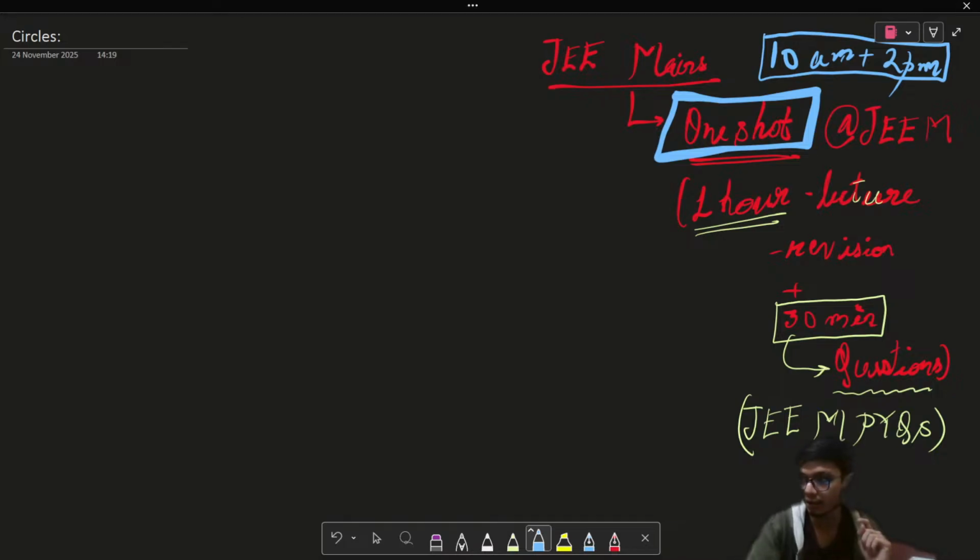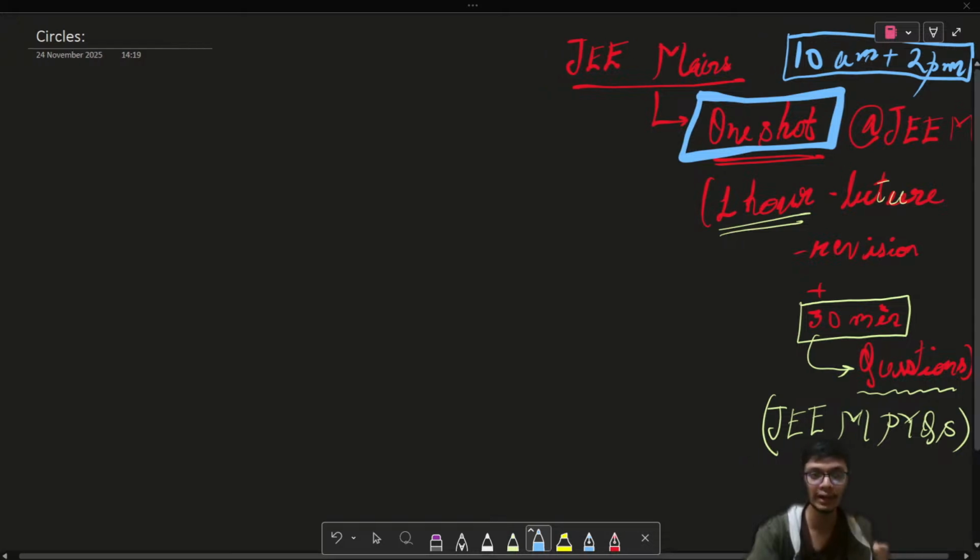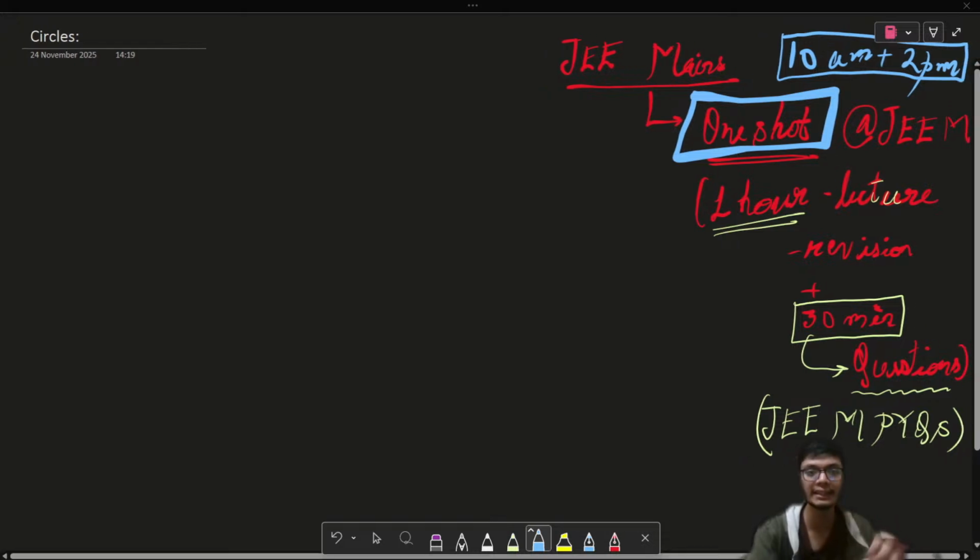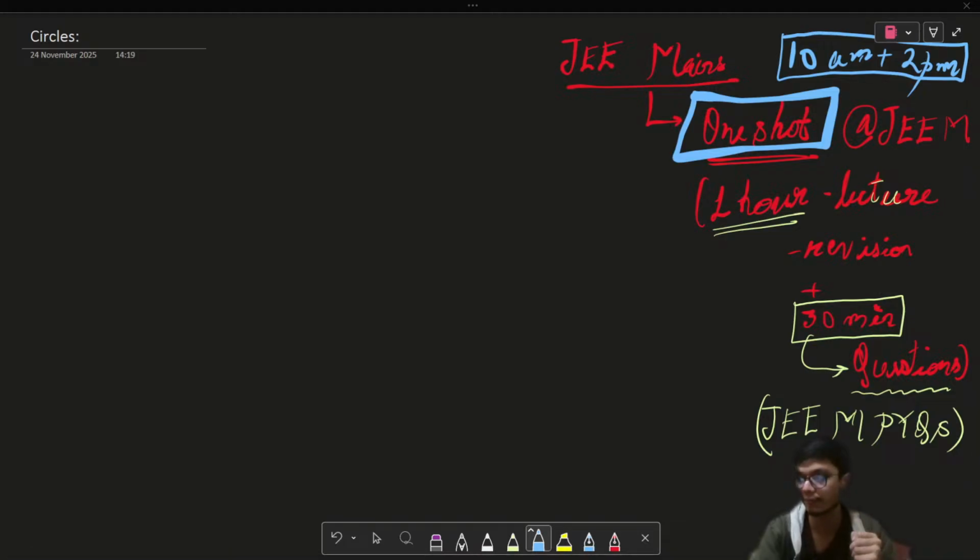So we have been discussing circles. I hope you remember the last class, where we discussed the concept of normals and tangents, and along with that the concept of common tangents, right? We discussed how many common tangents there will be to a given circle, and how to find the length of the common tangent or the exterior tangent. We discussed all those questions in our last class, right? In today's class, we're going to start with our main idea, which is the discussion of the angle between